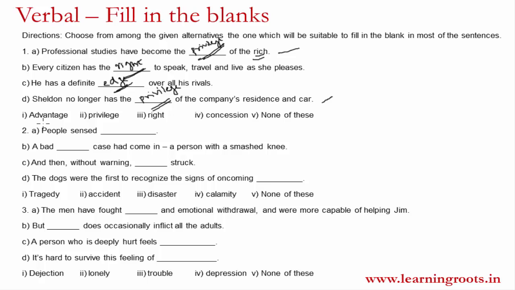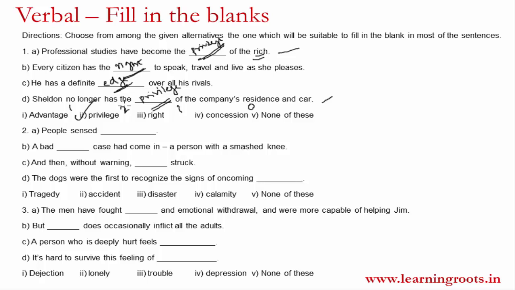So let's see what the options are. The first option says advantage. So as we saw, advantage fitted in option C. So advantage will fit in only one sentence from what we can see. Privilege, again we have written privilege here twice, so it fills two sentences. Right was one sentence only. Concession is something which we could not fit in any of the sentences, so it will be a zero. So we can say that privilege is the one word that comes in two sentences, and so that is your correct answer. So again, it's very important for you to not look at the options once you see the question,